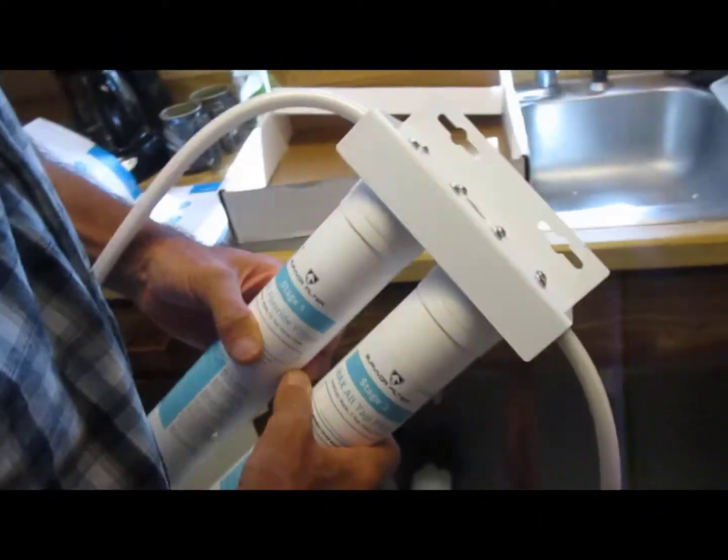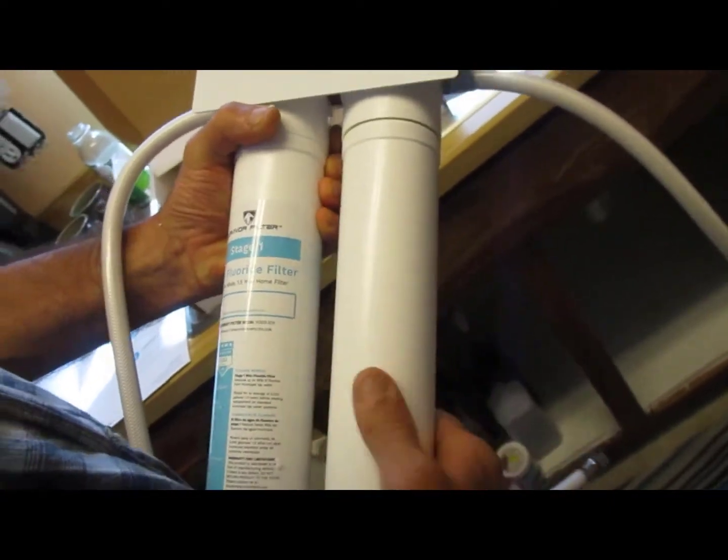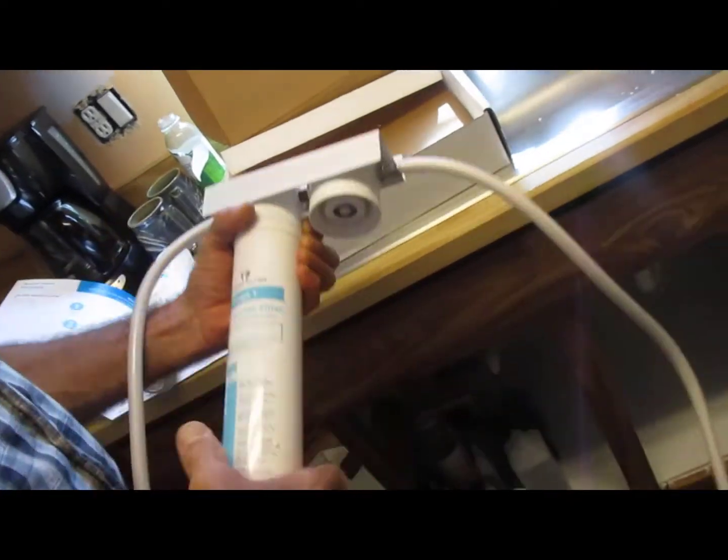But first I'm going to mount the bracket up in here, so once I've got it hooked up I can just snap it up into the bracket. I still don't know how that works, but let's have a look at that. So what we're looking at is that the bracket is connected to these. I believe these come off. So what we'll do is take those off